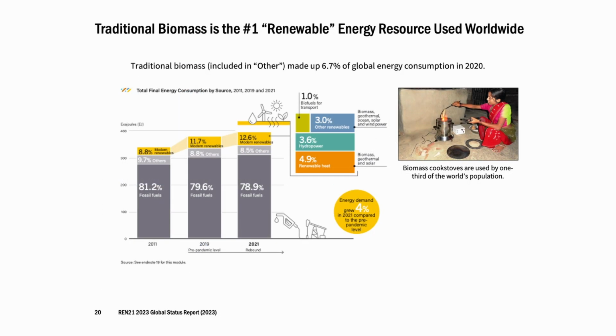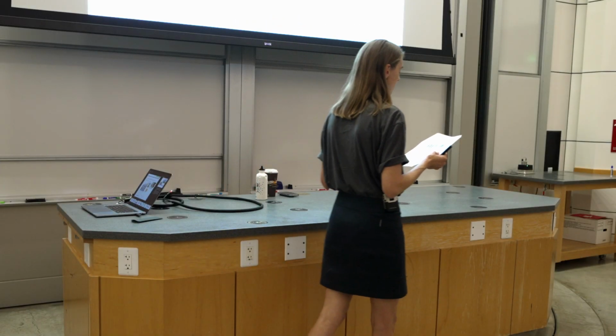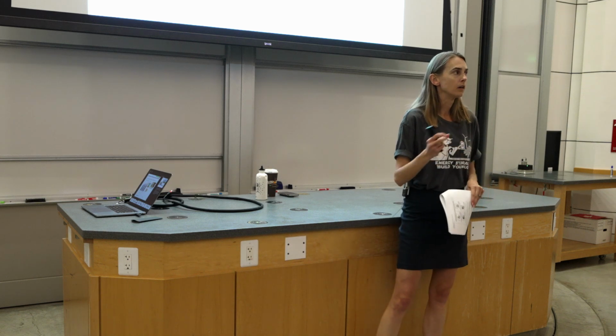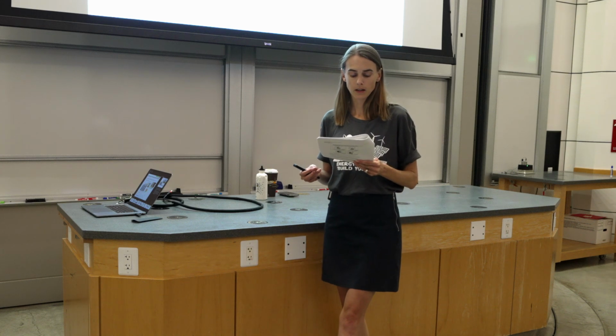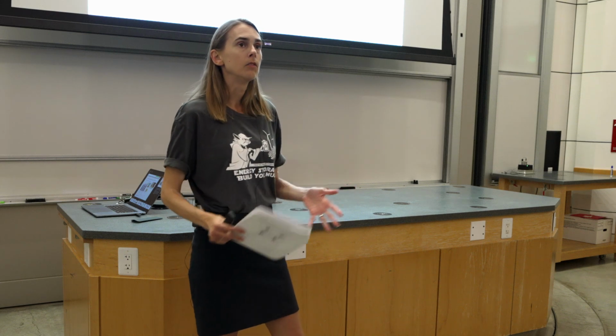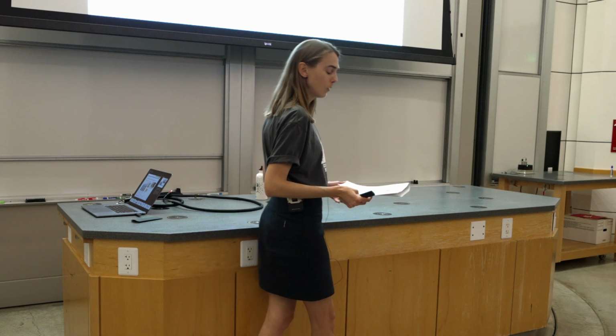One of the things that those pie charts don't show is the use of traditional biomass in our energy mix. So globally, as you learned in the biomass lecture, biomass is actually the primary renewable energy resource that's used, making up about 7% of global energy consumption. And this is largely in the developing world, the use of wood and dung for cooking and for heat by about a third of the world's population, which has significant negative implications when it comes to health, when it comes to economic development,